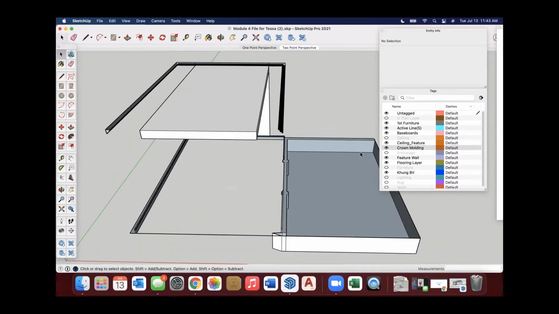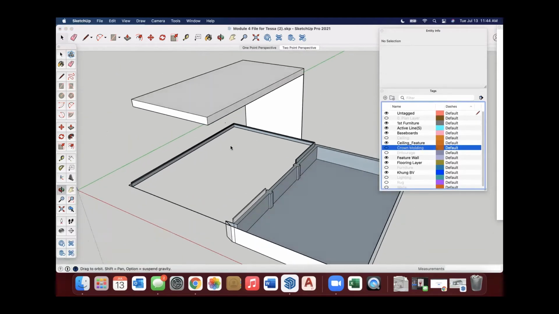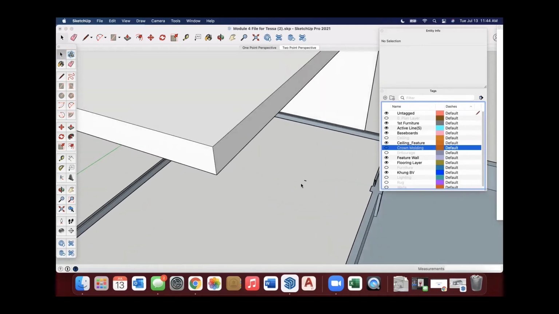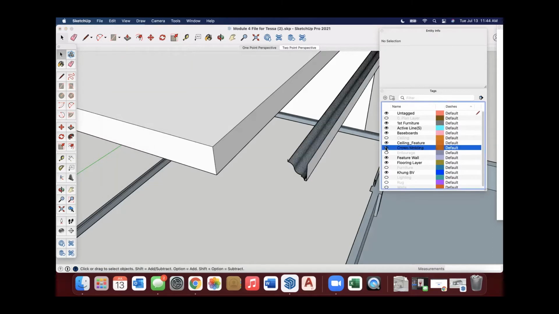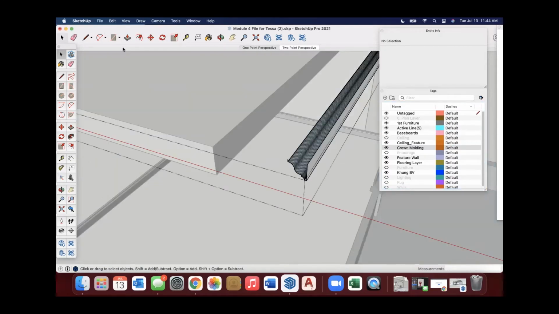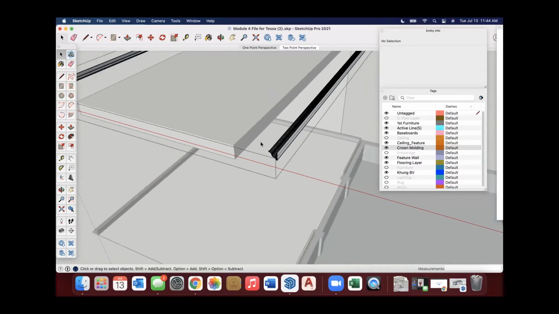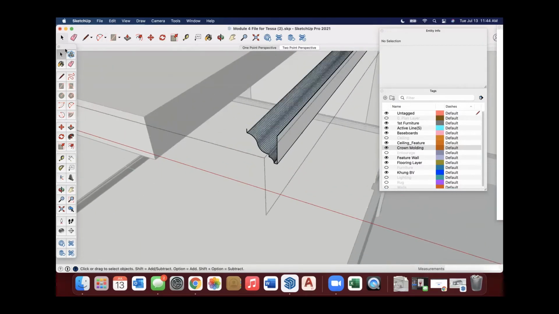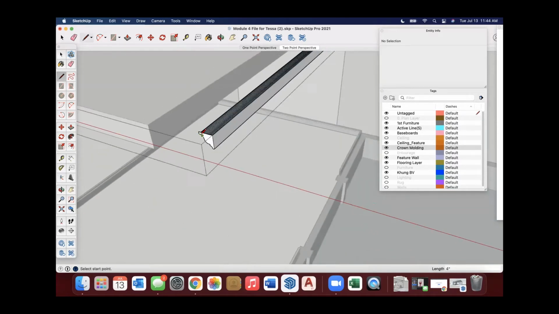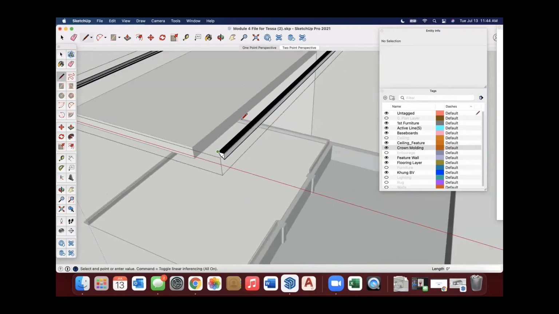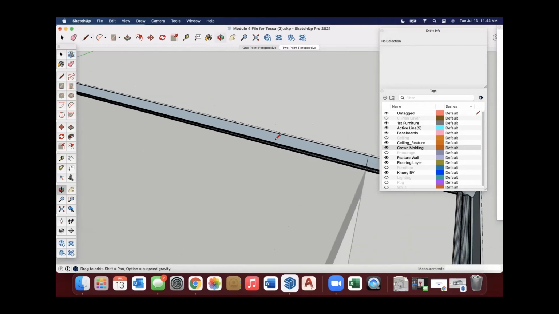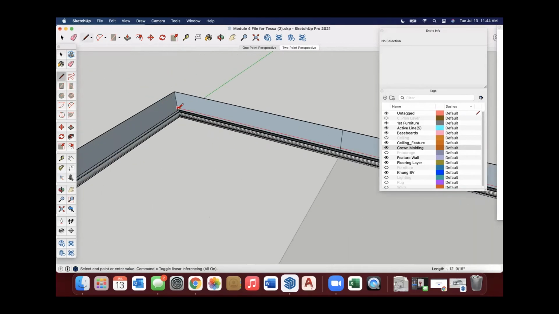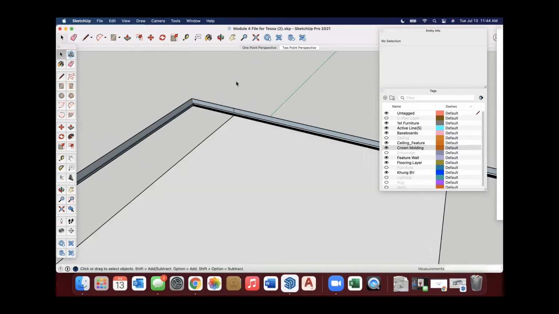So if I click outside of the group, and this time if I turn on crown molding, everything disappears. So look, again, I have one little tiny piece that I forgot. Edit, Cut, turn on the crown, double click to edit mode, Edit, Paste in Place. And if, for example, this face is missing, all I can do is go right here and retrace that. Not that it's impacting anything, but I can always retrace to get it back if it feels like it needs to be there. And so on.